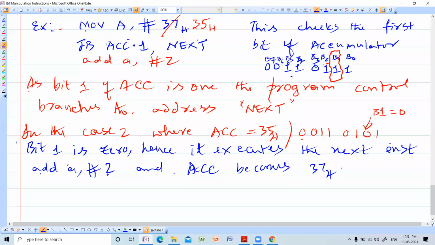It is checking the value of bit 1. Earlier bit 1 was 1 with 37, that is why it branched to address next. In case 2, I had taken accumulator as 35, where bit 1 is equal to 0. As bit 1 is 0, it will not branch. It executes the next instruction, add A comma #2, and accumulator becomes 37H. So this is the concept. So please chat back. Have you understood this concept? Very important.